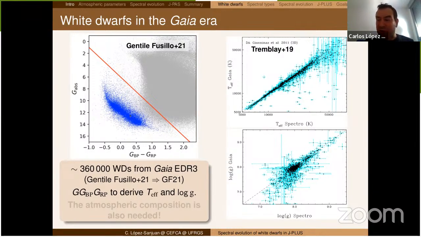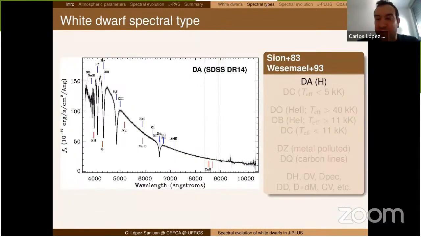So now we have all what we need to study white dwarfs. Well, there is one key missing component, that is the atmospheric composition. Not all the white dwarfs are the same. Here, I'm going to present you the taxonomy that we use in the white dwarf community. I start with what is called DA. In the DAs, what you observe, as you can see in this Sloan spectrum of a DA white dwarf, is the Balmer series in absorption. So basically, these are objects in which the atmosphere is dominated by hydrogen. And this is why you see all the Balmer lines.